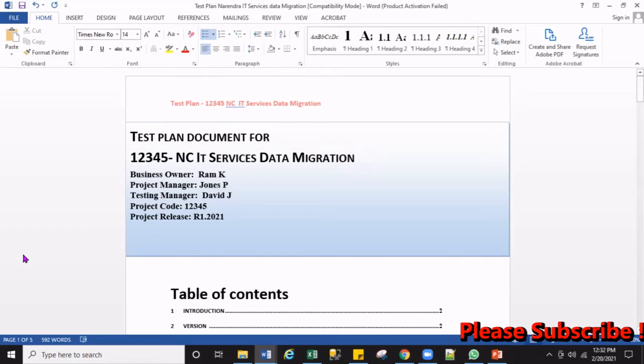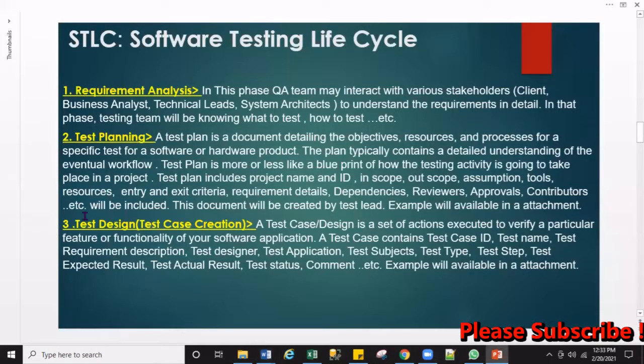Simple. A test plan document is a document prepared by the test lead, in which all the project information will be mentioned. Along with that, what will be in scope, what will be out of scope, what is our scenario, what kind of testing are we going to do, what environment, how many resources will be there, what tools are you going to use, right? All those things will be mentioned in the test plan document. Next topic. So we understand here what the test plan document is, right? Once this test plan document is created, all right, number three.